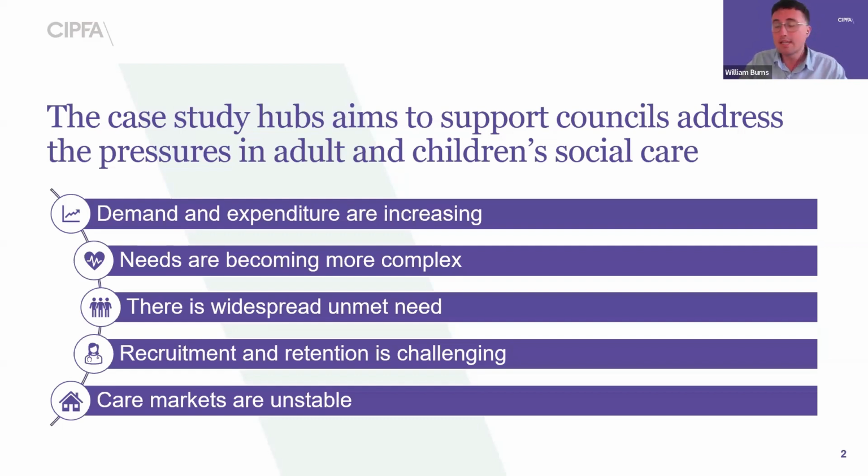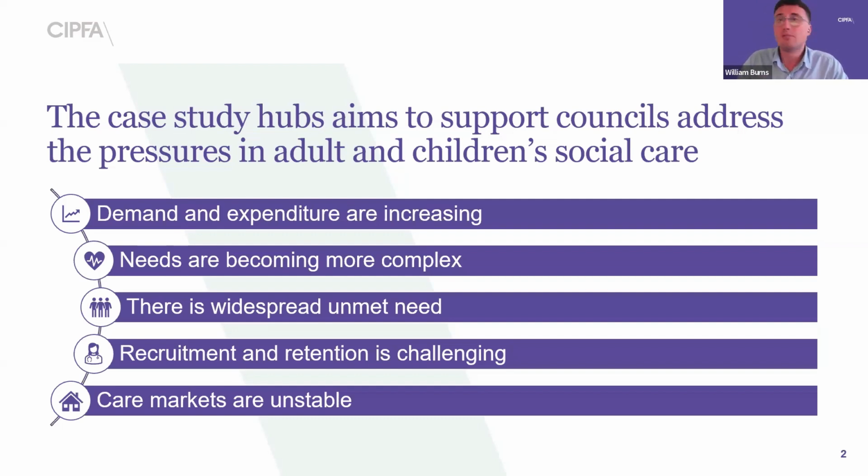There are recruitment and retention challenges in both adult and children's social care. If we just take adult social care first of all, we know from Skills for Care that the national vacancy rate in adult social care is around 9%, which is about 3 times higher than the national average vacancy rate. We keep hearing that the government are going to introduce a social care workforce plan, but we haven't seen that yet. That is something that really needs to be actioned as soon as possible.